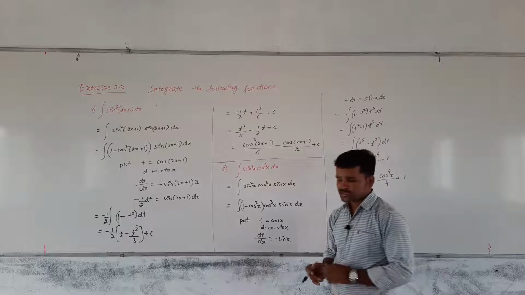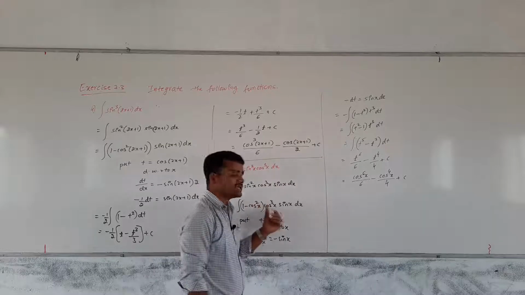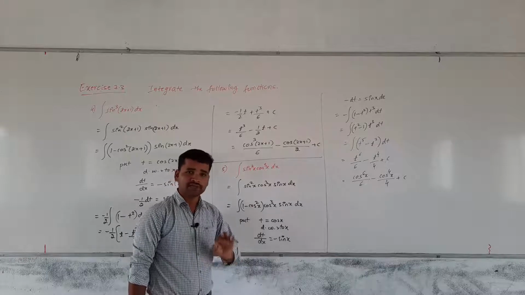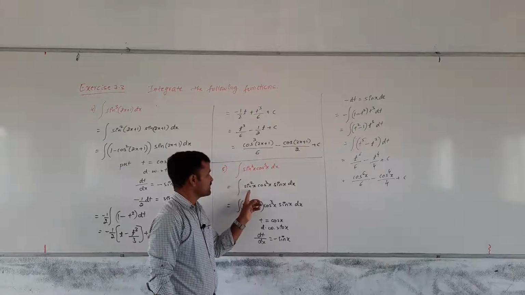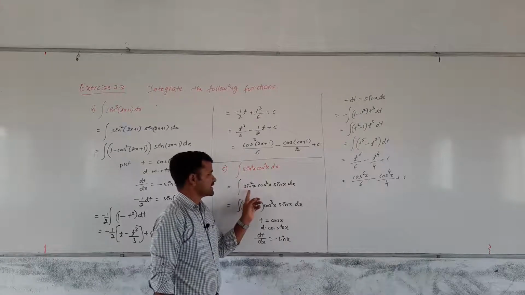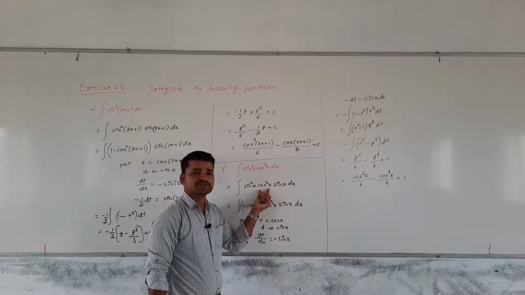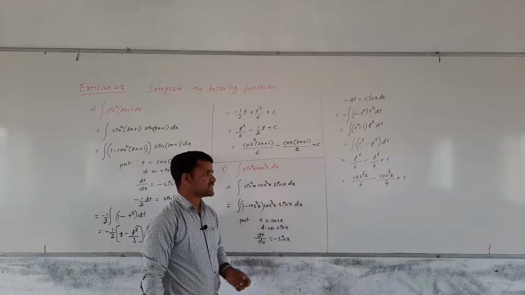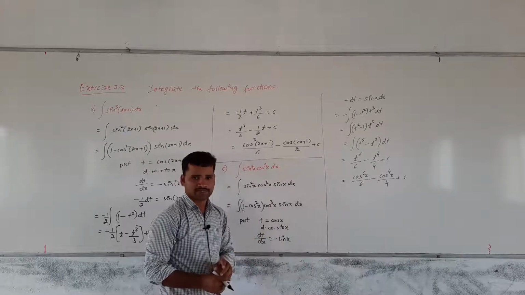See, you may ask the question here: sir, instead of substituting t is equal to cos x, can we take t is equal to sin x? Yes, we can take t is equal to sin x also. Whatever answer you get is equivalent to the answer we got here. Instead of splitting sin cube as sin square into sin, we may split cos cube also. Cos cube you write as cos square into cos. That cos square you write as 1 minus sin square. Then you substitute t is equal to sin x. You will get the answer in terms of sin, but that answer will be equivalent to the answer we got here.